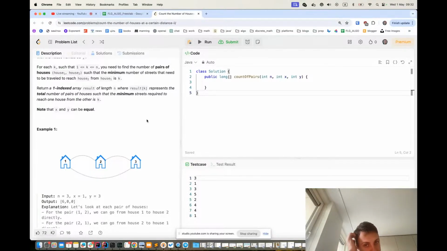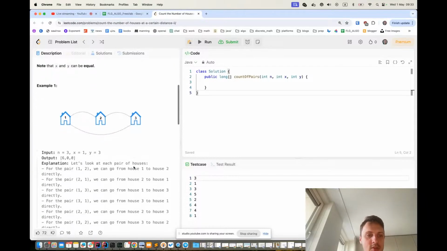Okay, so let's find out. For example, we have n equal to 3. That means we have 3 houses: 1, 2, 3. And all these houses are connected by streets. So we have n houses and n minus 1 streets. And also we have an additional connection between 1 and 3. And we should return